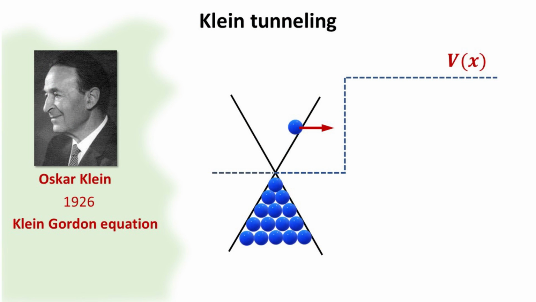Let's turn the page to a well-known paradox. In 1929, Oscar Klein obtained a surprising result when he applied the Dirac equation to the familiar problem of electrons scattering off a potential barrier as shown. He found that if the potential energy is at least of the order of the electron rest mass energy, the barrier is nearly transparent. When the barrier energy approaches infinity, the reflection diminishes and the electron can perfectly transmit across